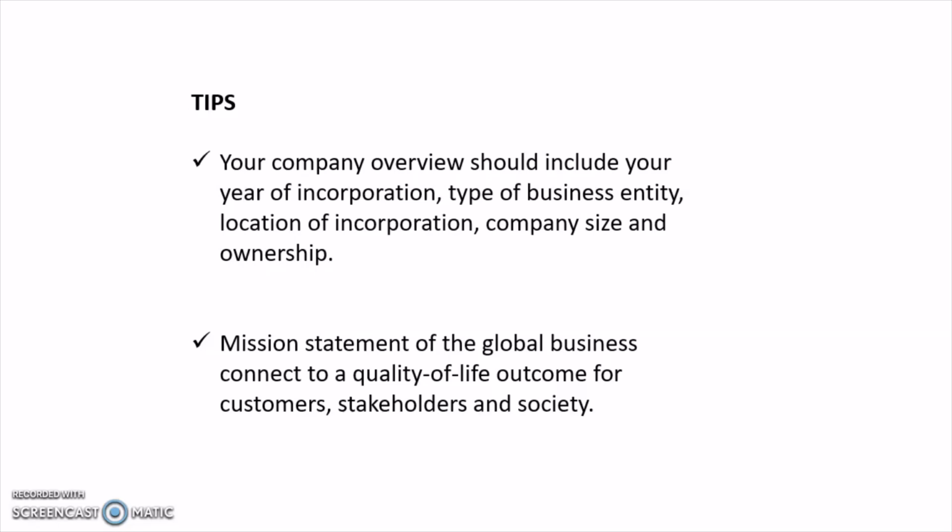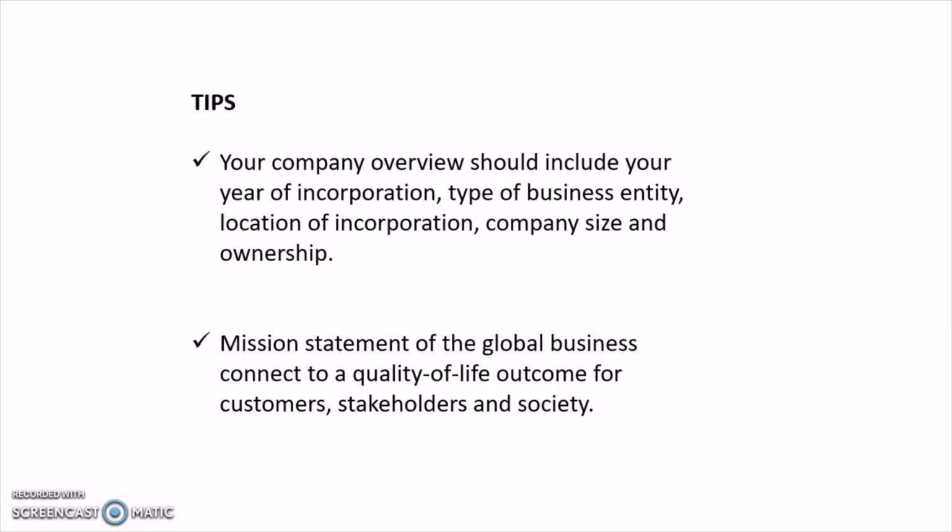So, and then ownership, who owns the business? How many people are shareholders in the company? How many people are partners if it is a partnership? If you're a sole proprietorship, what is your name? What is your location? What is your experience in business, and all those other details, phone number, email address of your business and of your own too, right? So all of these things are supposed to be in your business or company description.